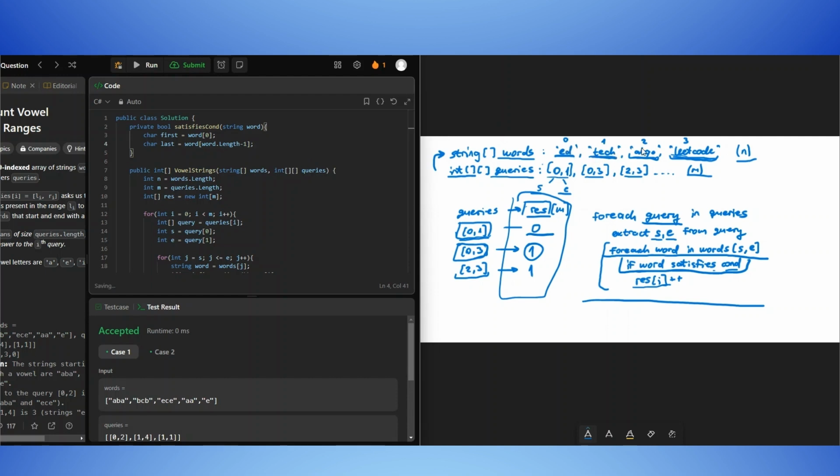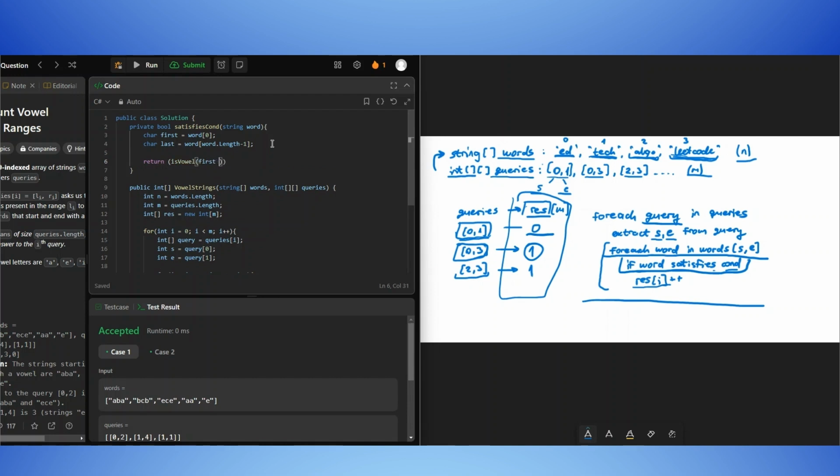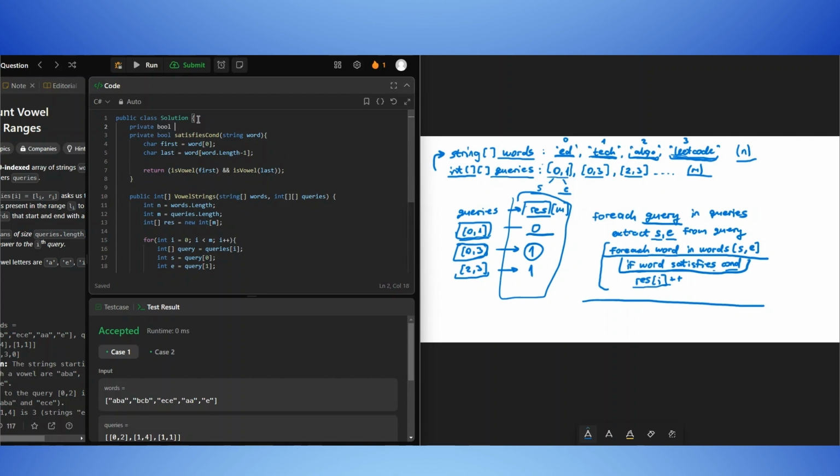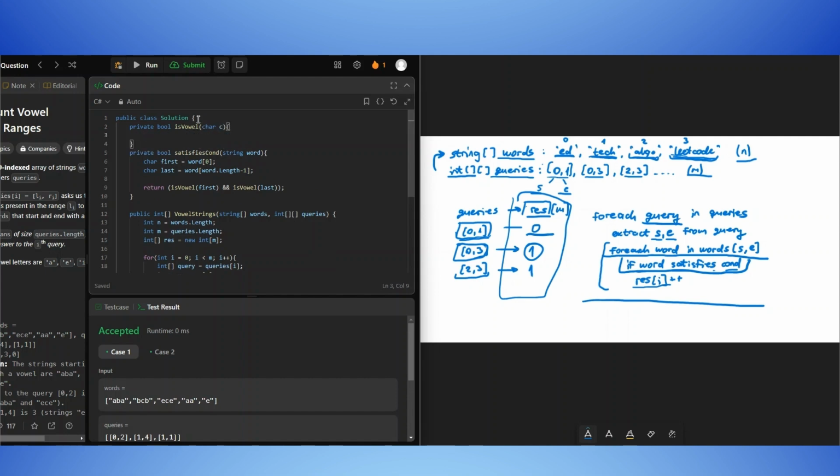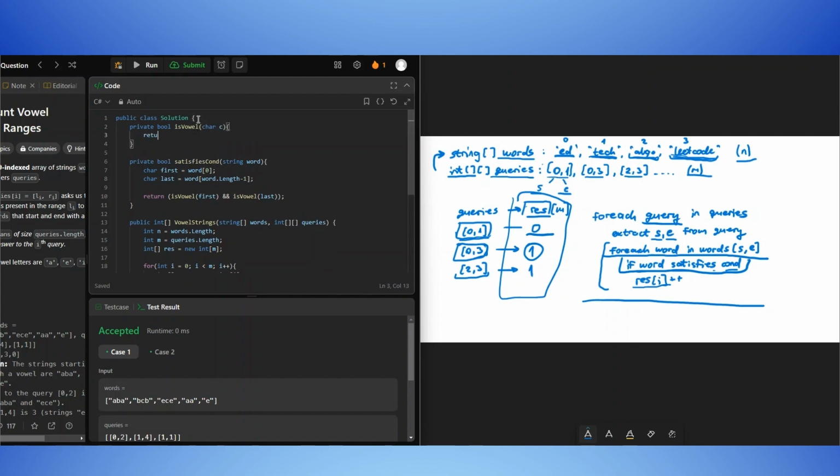So here we have 1, 2, 3, 4 characters. The last one is index 3, 4 minus 1. So if both the first and last character are vowels, the condition is satisfied. So let us implement the isVowel method as well. It's Boolean and receives only one character as argument, and a character is a vowel if it's either a,